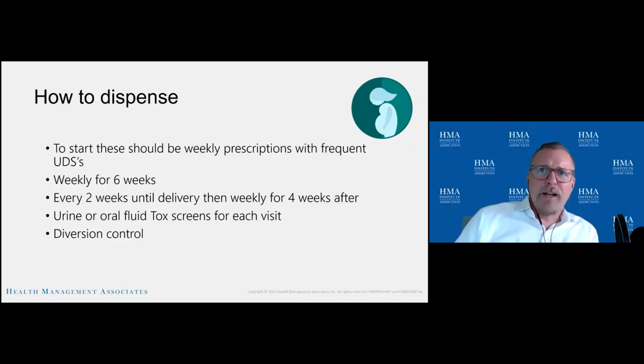How do you make sure that you're seeing her right and giving her meds? Well, you start with the weekly prescriptions. The more frequently you can see somebody early, that's important. The other piece is making sure that you got her to the right level of care. So intensive outpatient is somewhere between 9 and 17 hours per week of dedicated therapeutic input. That's more than I saw you for 15 minutes 3 times this week. That doesn't mean you have to deliver it as a prescriber, but we need to identify an IOP program that can deliver that kind of care